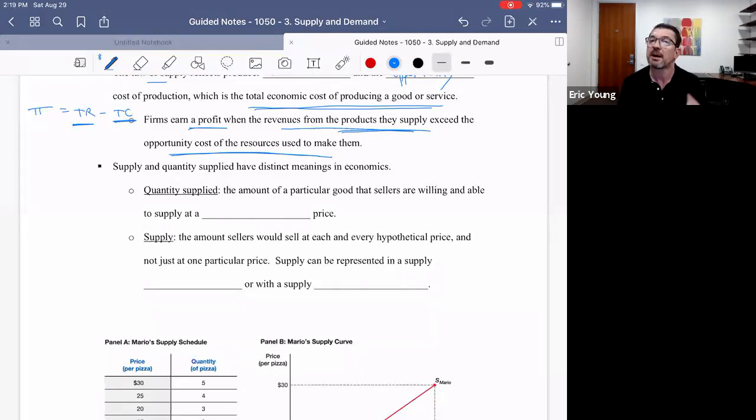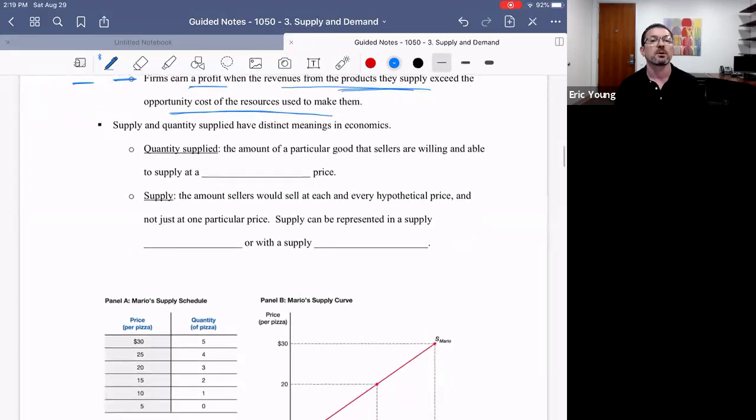So you can think about this through the lens of seller incentive. And then to really think about good economic thinking, you try to align seller incentive with the broader social welfare goals that we have of efficiency and things like that, okay? Anyway, so that's our law of supply.